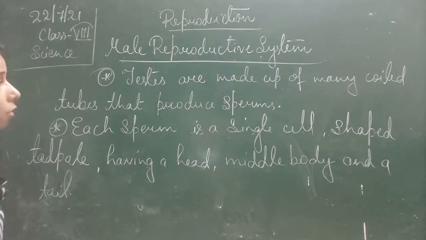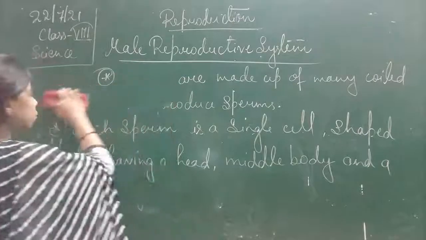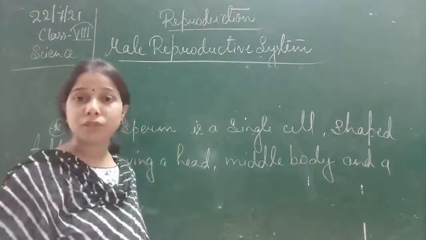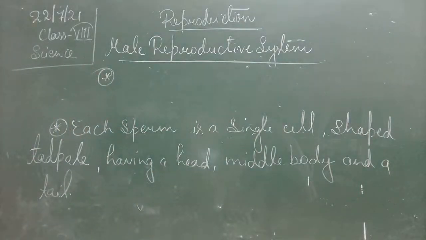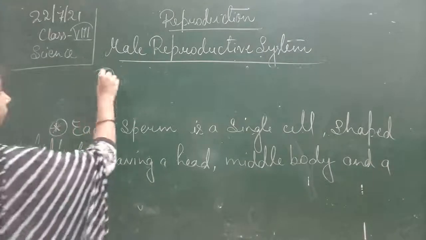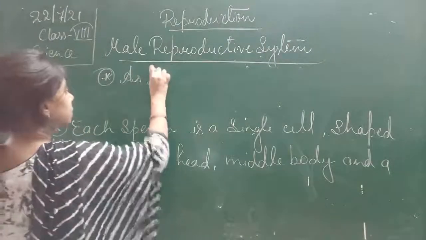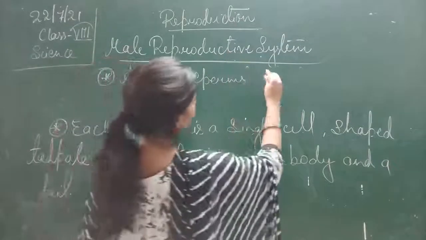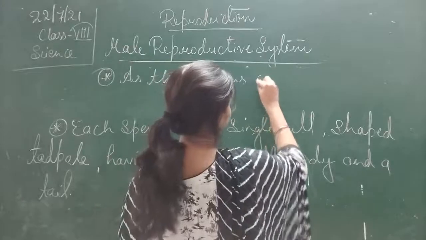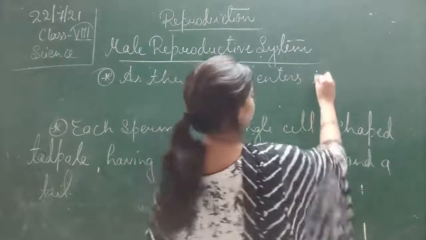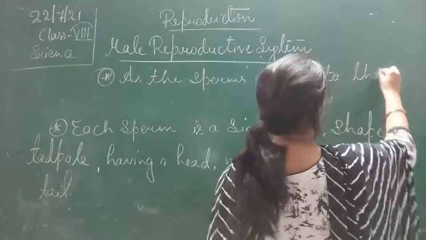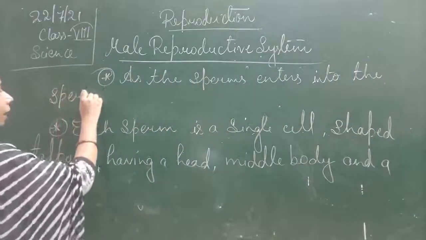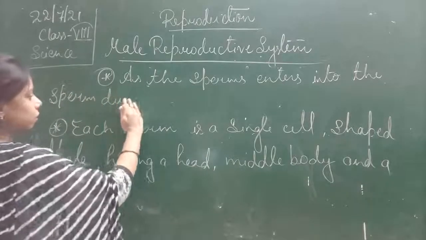Now these sperms reach the sperm duct. Actually the sperms are released from the testis into the sperm duct. As the sperms enter the sperm duct, which is also called the vas deferens,